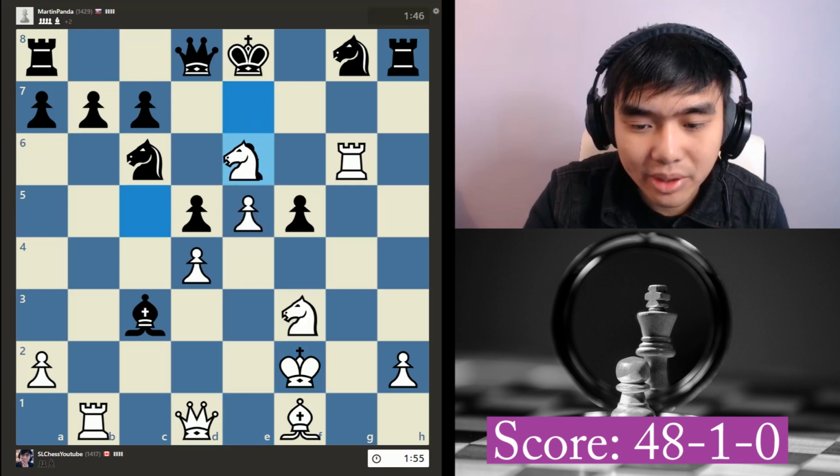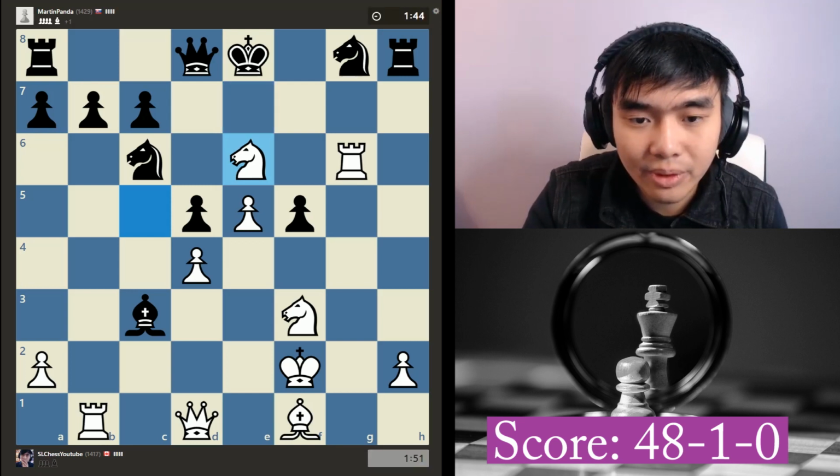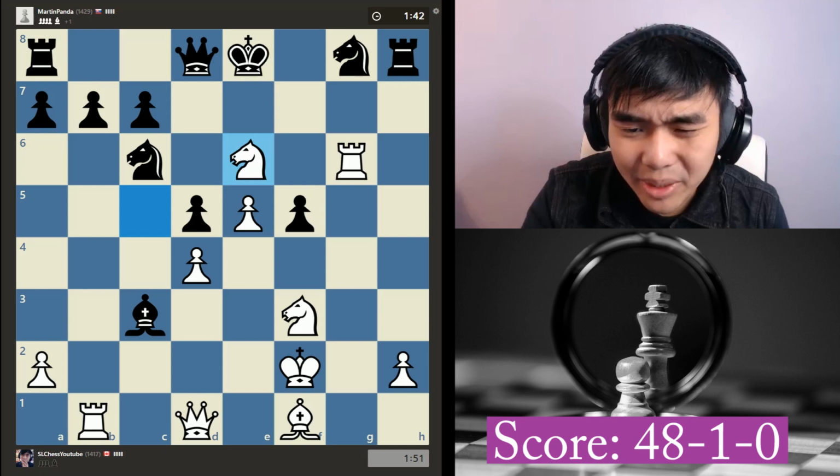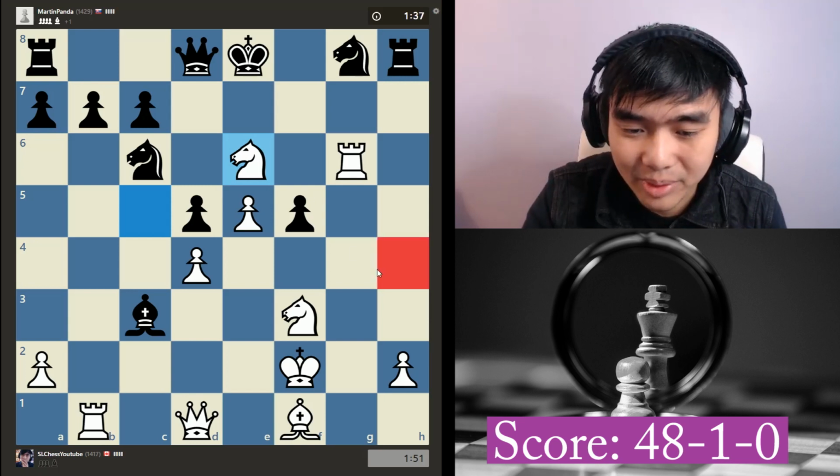Opponent seems to have some trouble here. Alright, I think I can take here now. Looks pretty good. Don't know why he played this move. Maybe he's trying to play queen h4, but I don't think that quite works here. Because, well, it's a free piece, so...